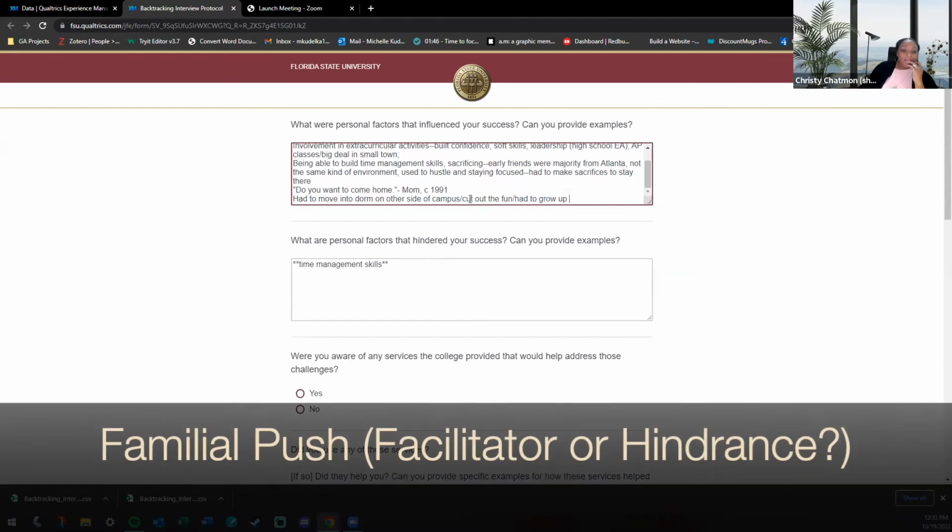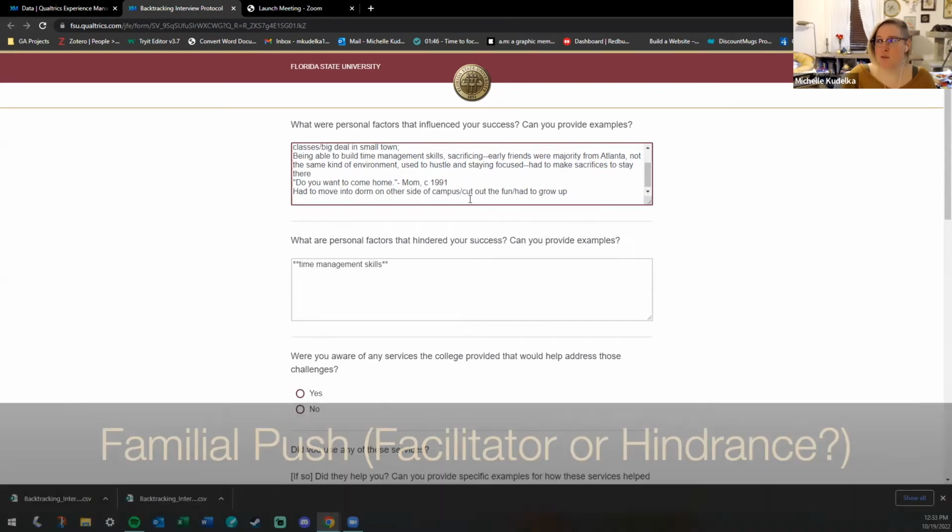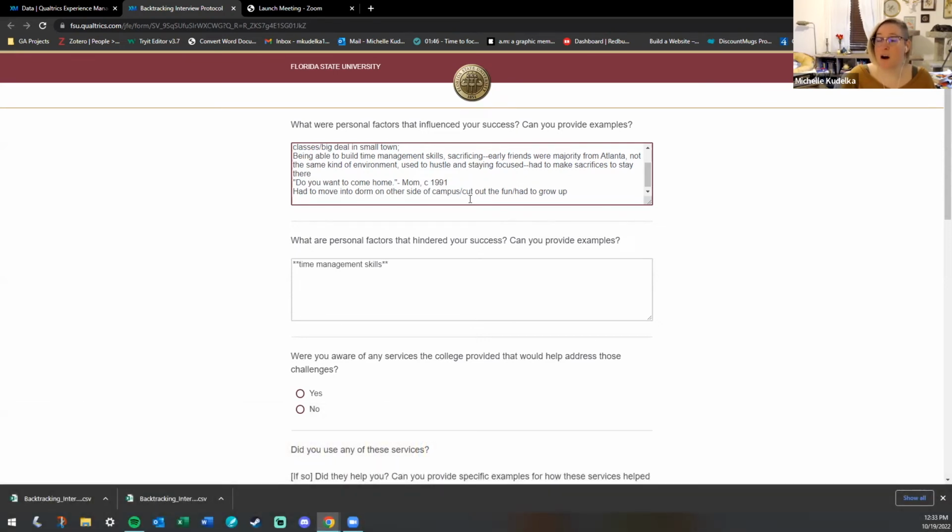So you've mentioned a couple times now that your family had a real big push in your education. So do you see that mostly as a positive influence, or as a hindrance for your success? I would say there's some pros and cons to that, because